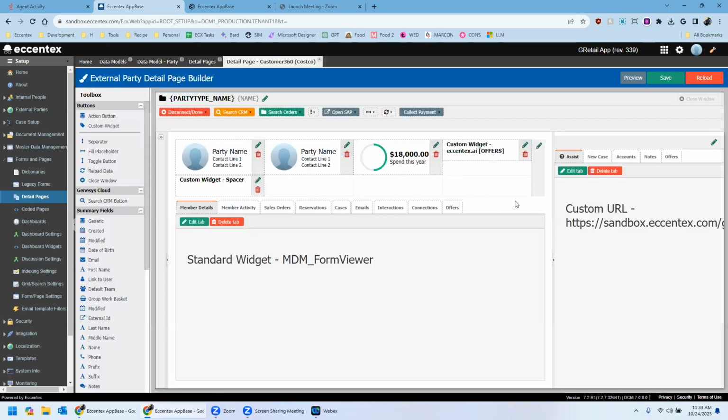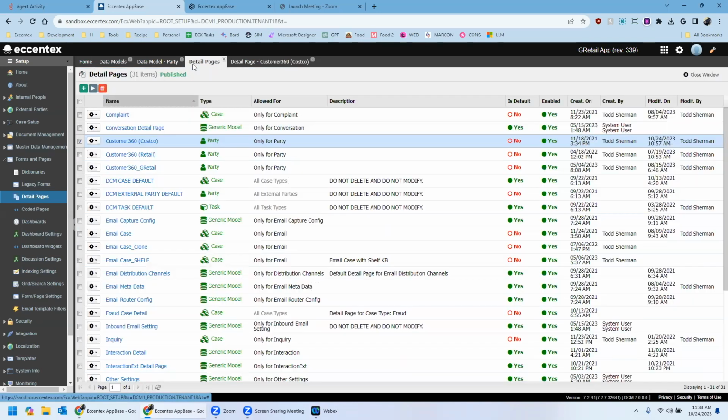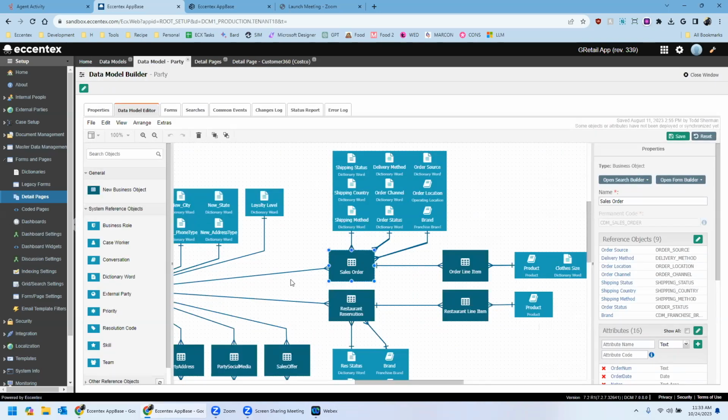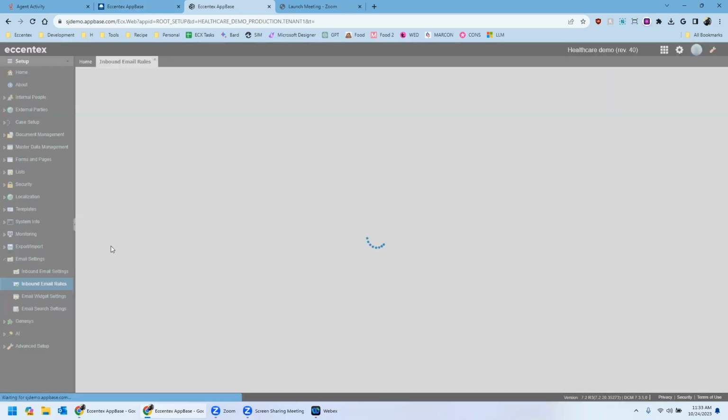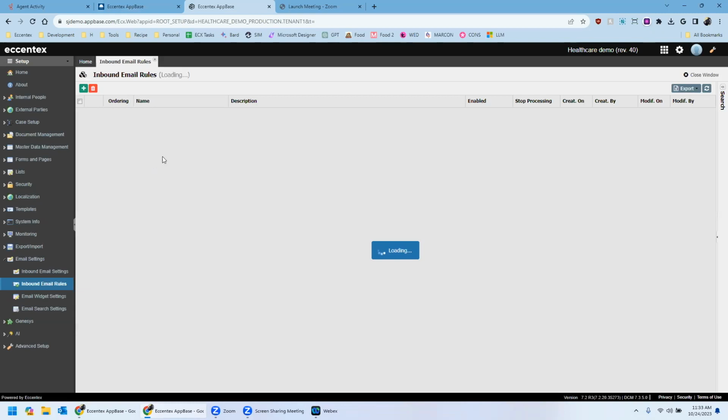So we can have, let's say here, the Eccentex AI widget that you saw for the offers. We drag and drop it over here, configure it somewhere around the product. We have workflows, we have all sorts of rule builders that can use all these AI extraction methods. So for example,